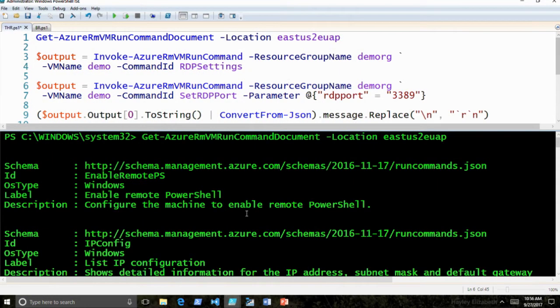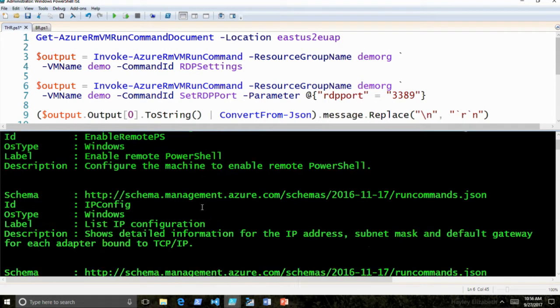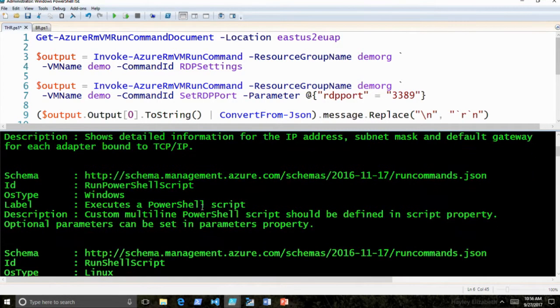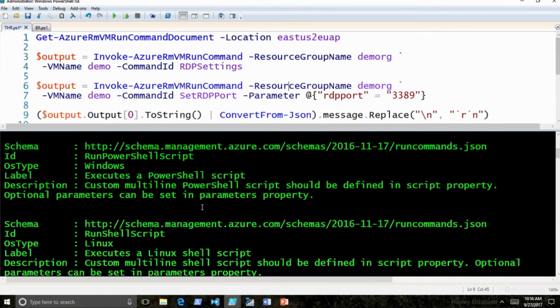All right, so before I demo how we can fix it, let's quickly see what kind of commands we have already shipped. So if you actually go and run a get command and provide the location, it will display all the inbuilt scripts that we have shipped. So enable remote PowerShell or ipconfig, you can see your public IP address here. You can also run custom scripts, use PowerShell or Linux,